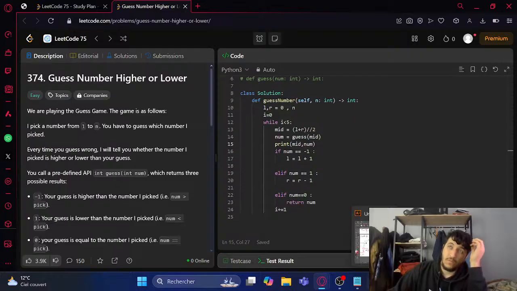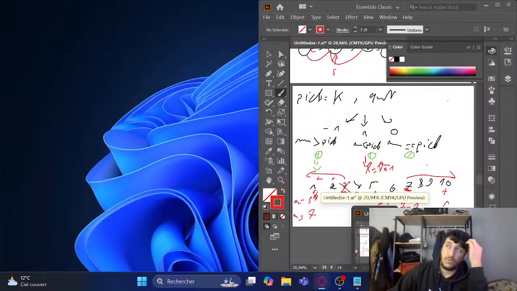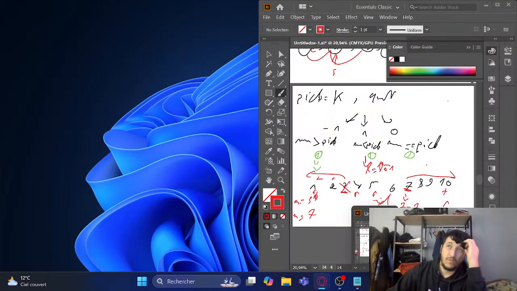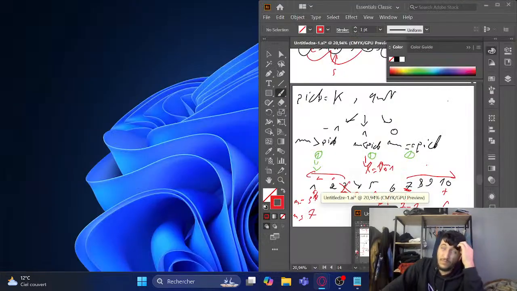So if num equal -1, then we have to make the right. The left +1. Left equal the not +1 like